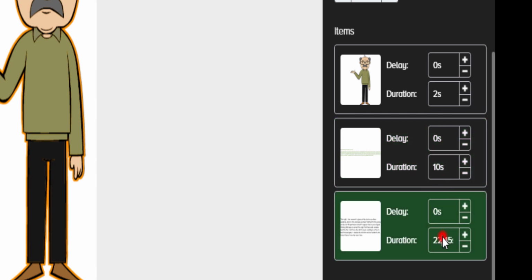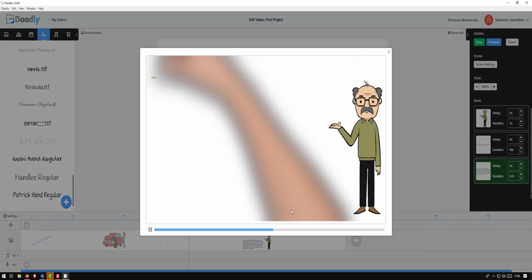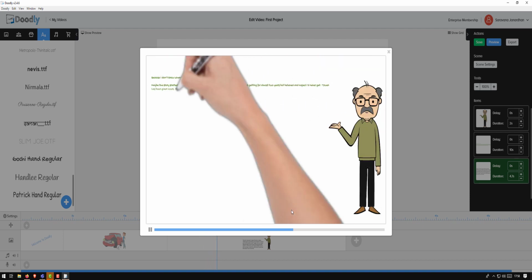Okay, he didn't like 5 seconds. Sometimes when you enter a number, it may not like it, so I generally use the plus or minus button to get the value closest to what I want. 5 seconds may not be valid, so it might be 4.9 or 5.2. So I just click these buttons until I get to a number close to what I want. There, 4.7. Let's preview it. Much faster.